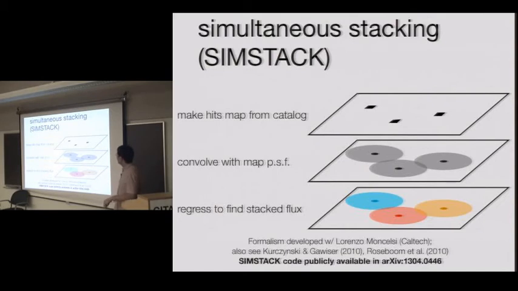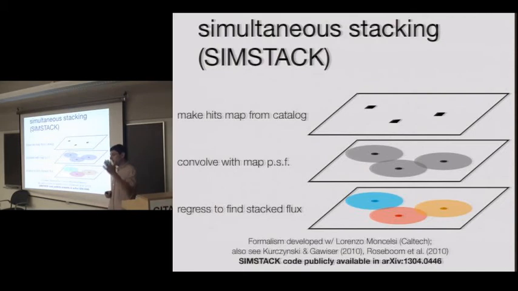You take the fact that your map has sources in it, but when I showed you the map before, you saw blobs, right? It had a shape. Now, if you can reconstruct that shape with a catalog, then convolve it so that you have the same beam, and then regress it so that you match the shape, you can measure the average flux of the sources in your catalog. If you want to know the flux of every single guy, you can't do that. It's unresolved. You could do it with almost, but good luck getting time. But you can do it if you have a catalog with thousands of galaxies.